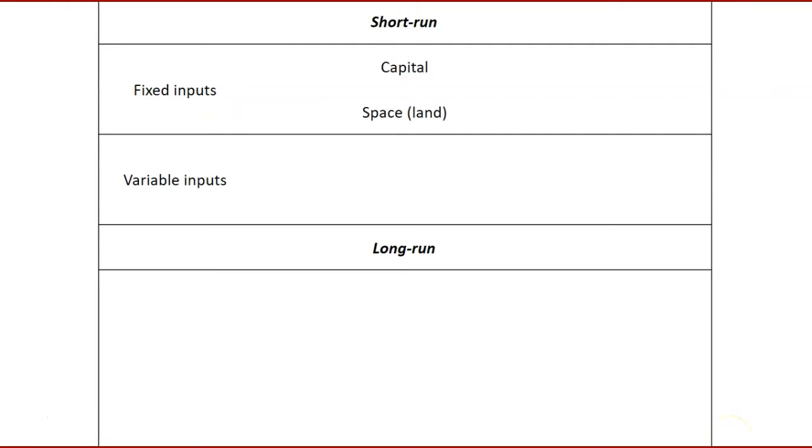We would say that fixed inputs are very often capital and space, or land. The size of the factory, for example, in the short run can't be changed. Or if it's a cafe, the size of the cafe itself, its dimensions can't be changed, and the number of machines that are in the cafe can't be changed for that reason. On the other hand, we would normally classify raw materials and labour as variable inputs. You can increase the number of raw materials used and increase the amount of labour employed in order to increase